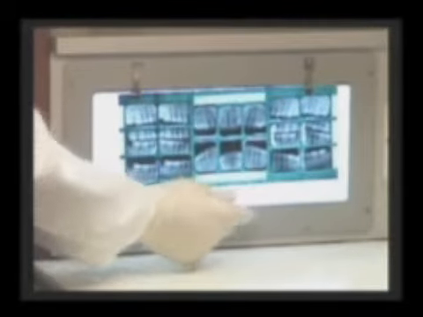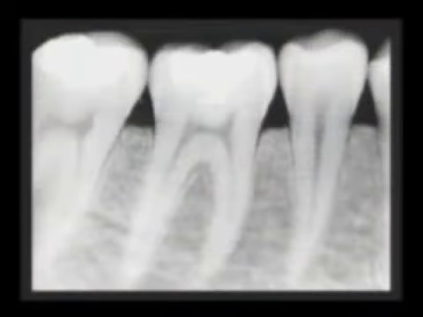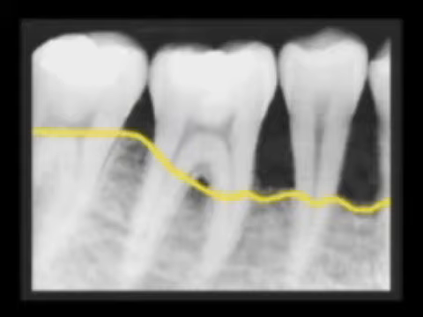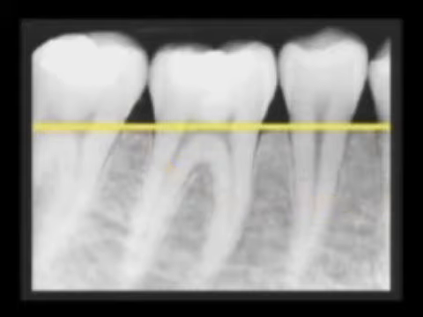Now, the second thing that we do after we do the measurement is we take x-rays. Now, on these x-rays, this is a healthy bone level. If we have periodontal disease at the later stages, you can see how much bone loss we have. This may not be apparent when we look inside your mouth, but we have to take some pictures. This is another reason why we take x-rays. If you see that circle, that's where the tartar buildup causes a lot of damage. That's where we need to